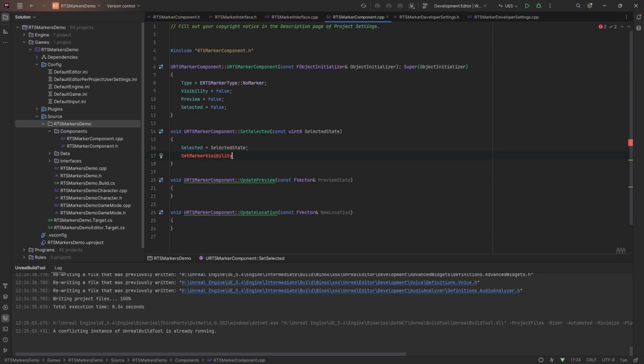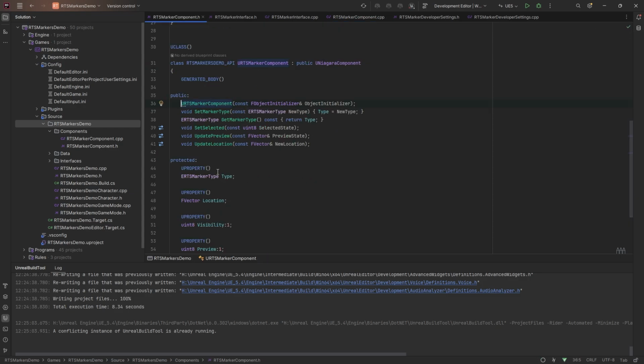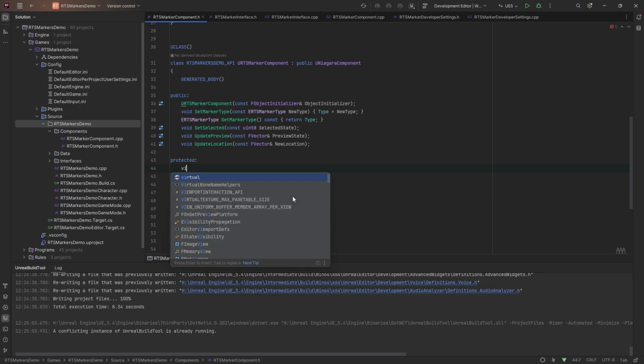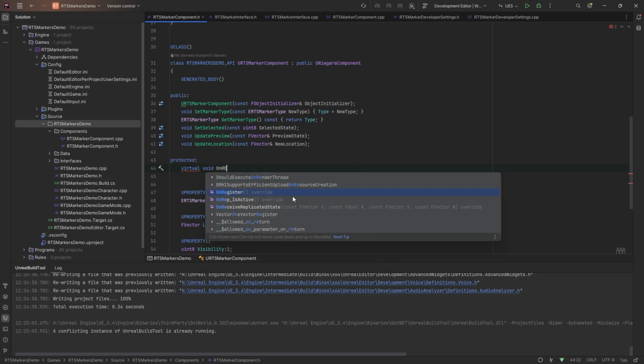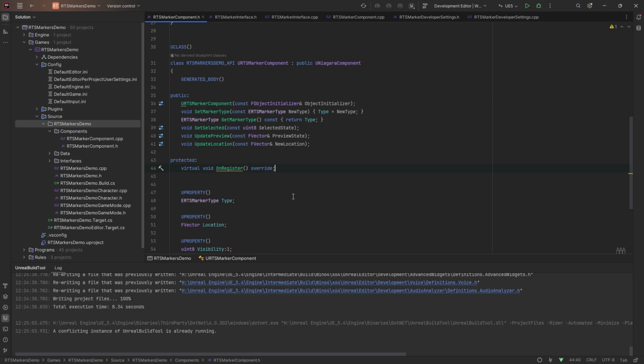Hopefully, visibility, right. And then we'll pass in the selected state, but we're going to create a function for that as well. So let's just create this first. This can be protected. Actually, before we do that, there is a function we need to override here. It's virtual void on register. Yep, that's like the begin play of a component. And then we'll create our